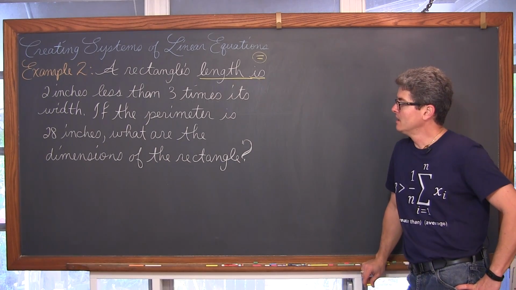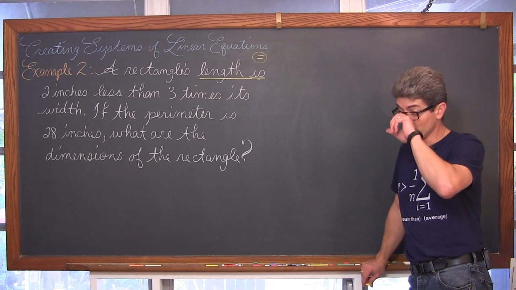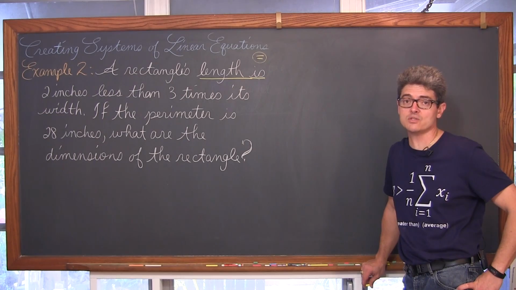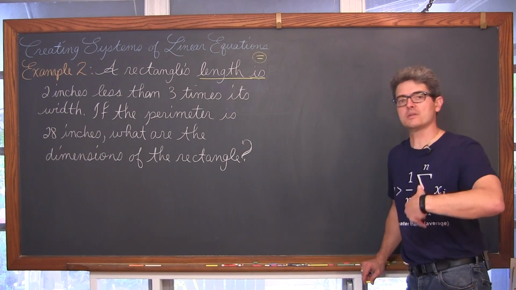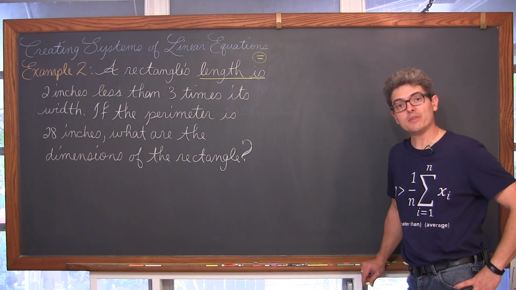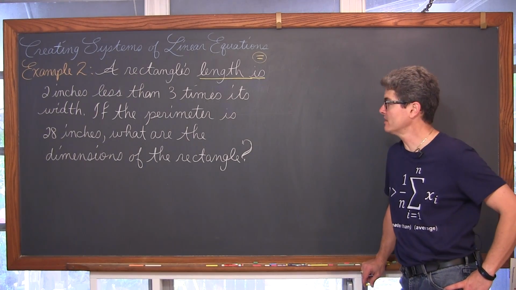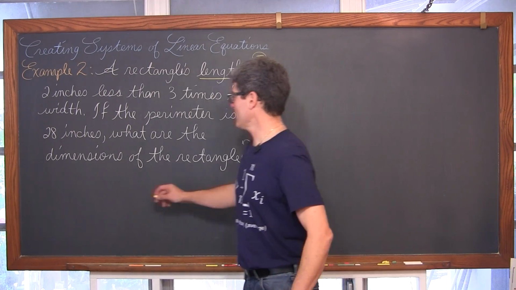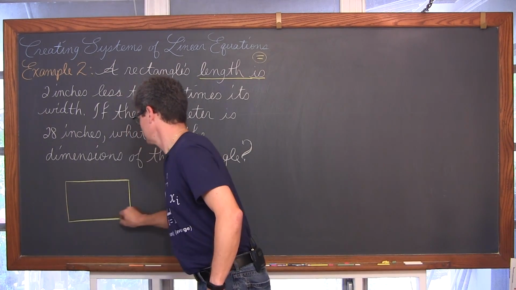Oh yeah, I better not start talking about the solution to this problem unless I do a couple of things. Number one, I need to get to the end of the question, read it, and figure out what it is I don't know, what it is I'm trying to find. That is going to be the unknown variable, a letter that represents an unknown value. So the dimensions of a rectangle. Well, we are going to be talking about a rectangle, so it'd be nice if we had a picture.